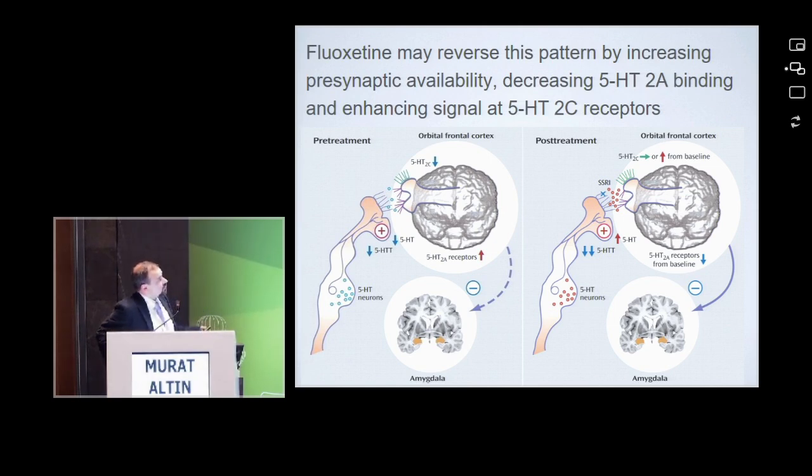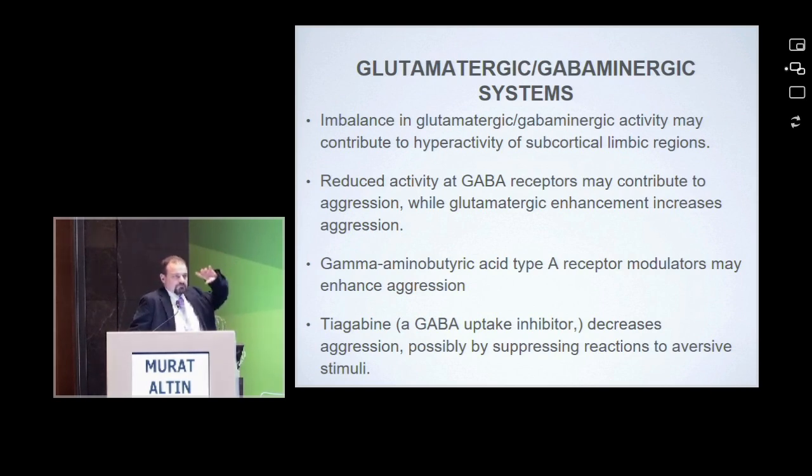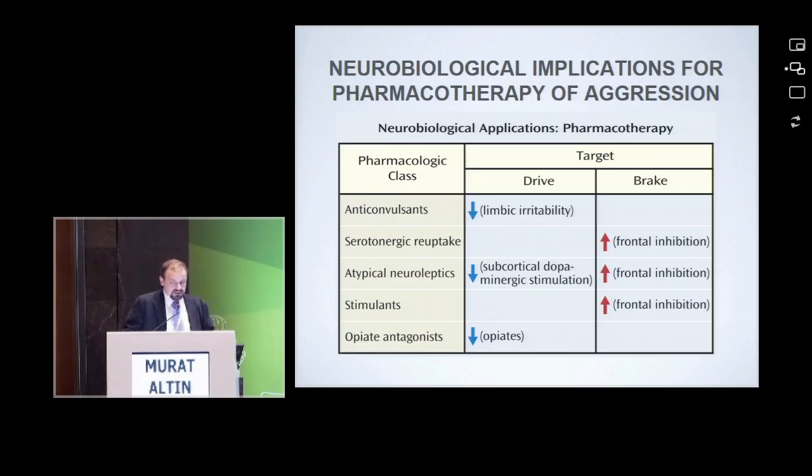There is a study conducted with fluoxetine, SSRIs, especially in the orbitofrontal cortex. Serotonergic activity is increased and impulsive aggression is controlled, and they are more successful in that regard. As I stated in the previous slide, in the upper system there is serotonin, but in the other part there is a limbic sensitivity. In the upper part, yes, the throttle is quite weak, but there is another organization which is pushing the throttle: glutamatergic and GABAergic system imbalances, because we expect GABA to inhibit and the other system to activate. Especially when we look at its reflections to the treatment,